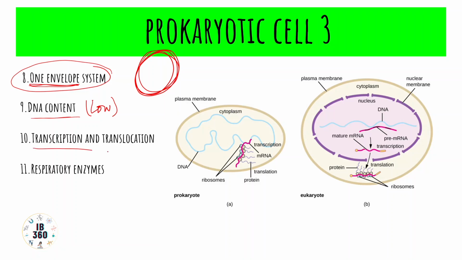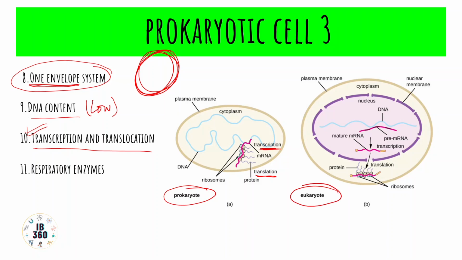Then transcription and translation. This is another interesting aspect of the prokaryotic cell, that both of them mostly occur simultaneously. Both of these phenomena occur simultaneously. So this is a typical prokaryotic cell, and you see transcription is taking place and translation takes place simultaneously. But what is the norm as per